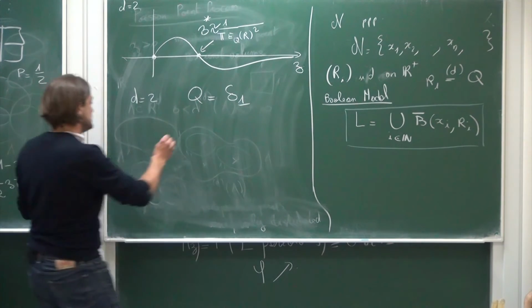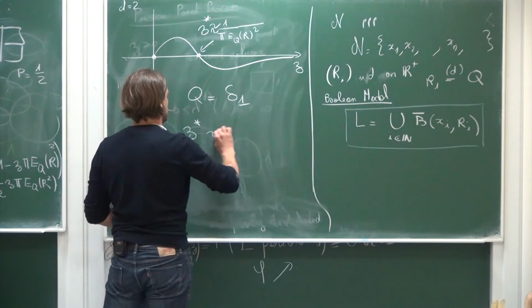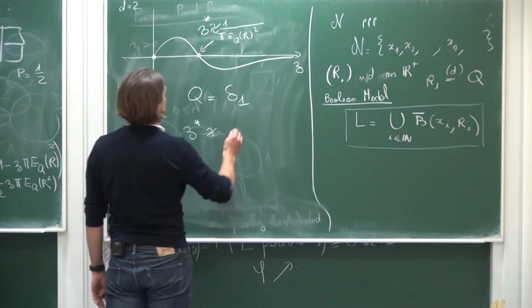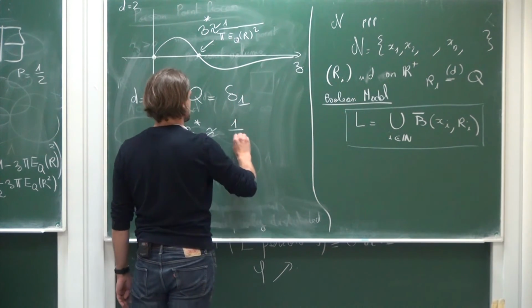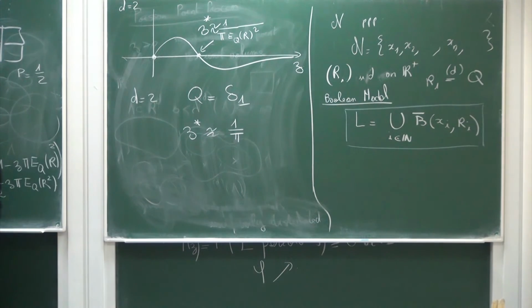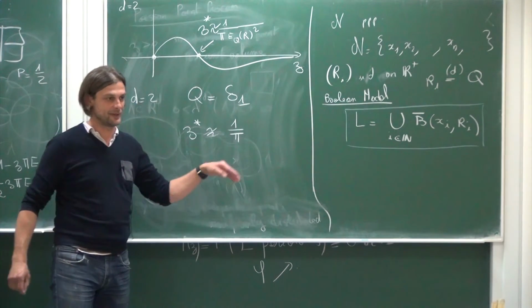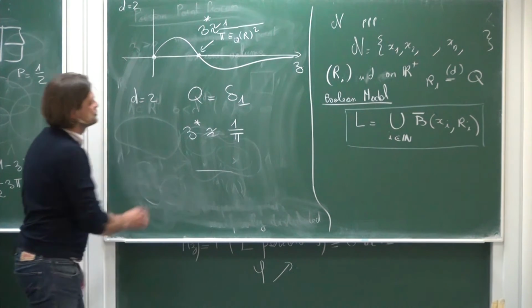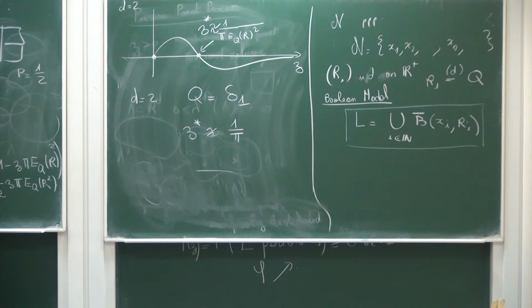So we have more or less z star equal to 1 over pi. It's not the good value. We know it's not the good value, but it's not so far. By simulation, we can see it's not so far. Okay, so this was just to show you how to find a good first approximation of